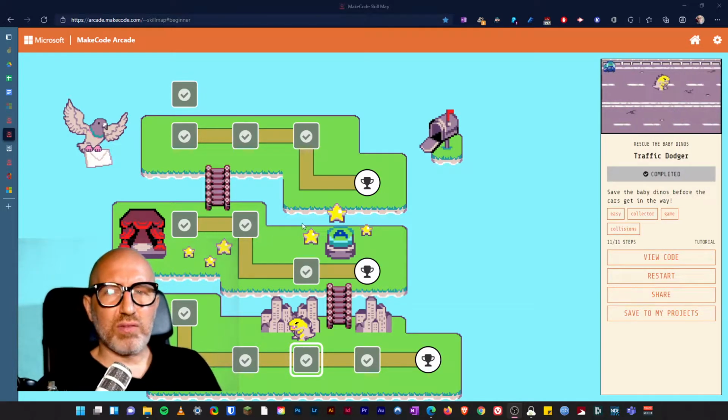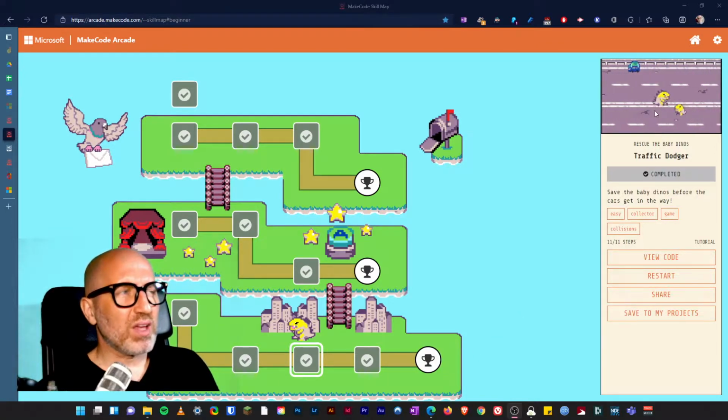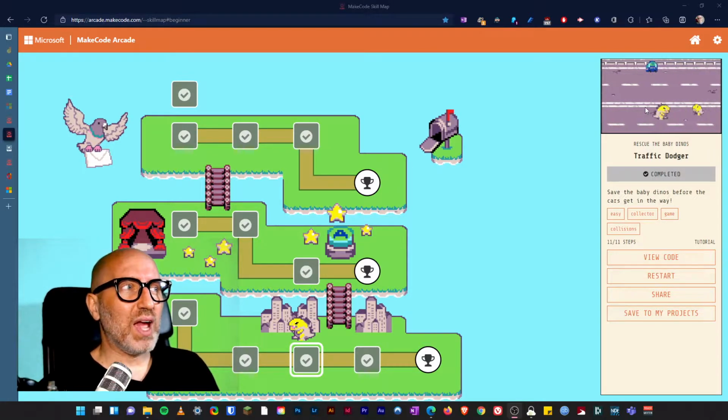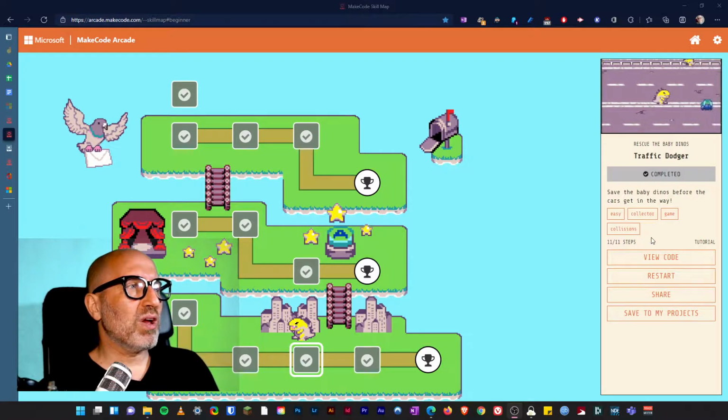Welcome to number 3 of 4 in the third area. You're going to get our third trophy. And in the top right hand corner we can see what we're aiming for. You'll notice that there is what looks like a police car in here. So when we rescue the baby